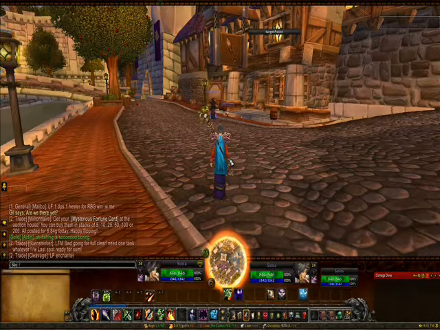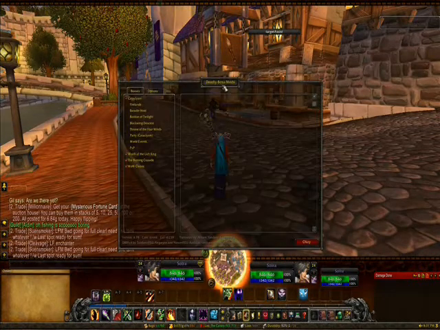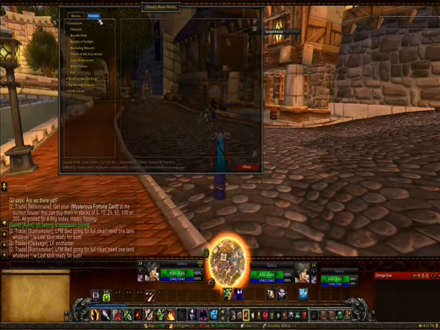So return again, bring up your chat window, /DBM, and return. That brings up your Deadly Boss Mod options. First thing to do,